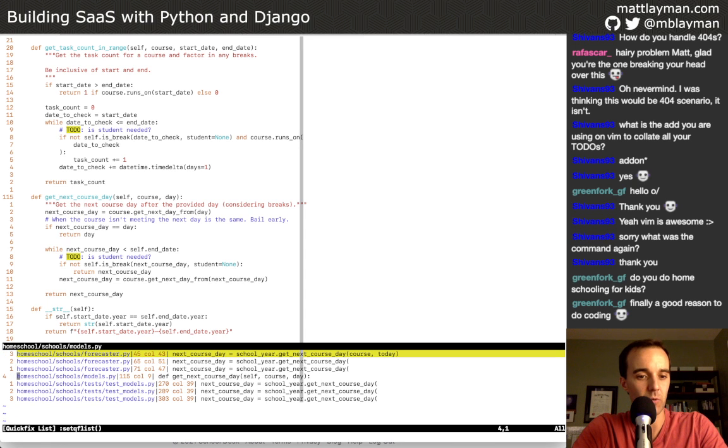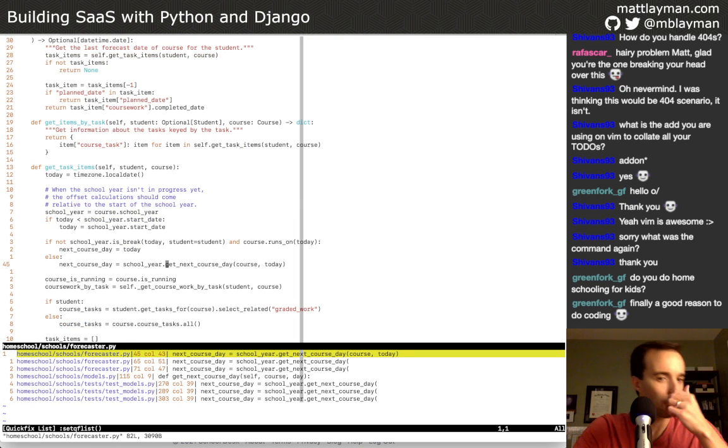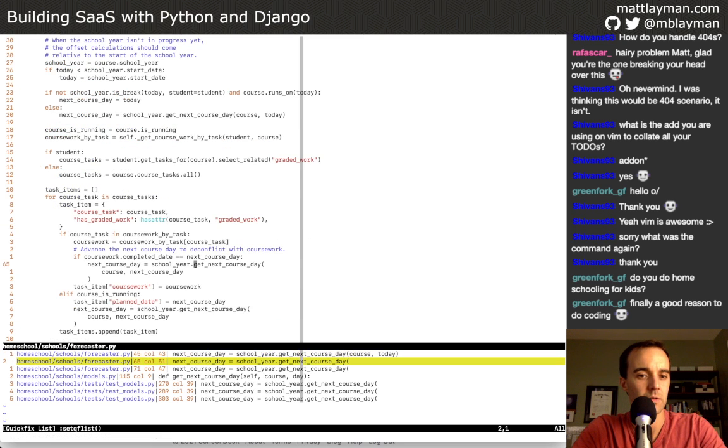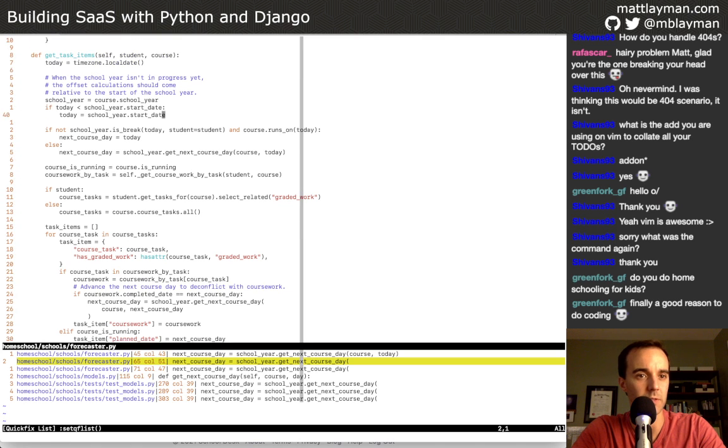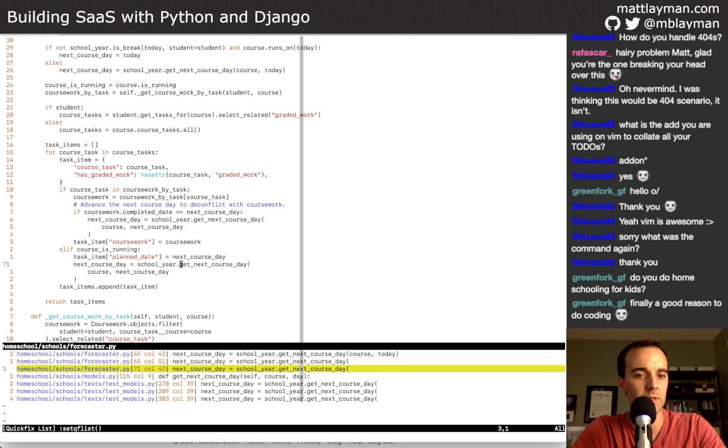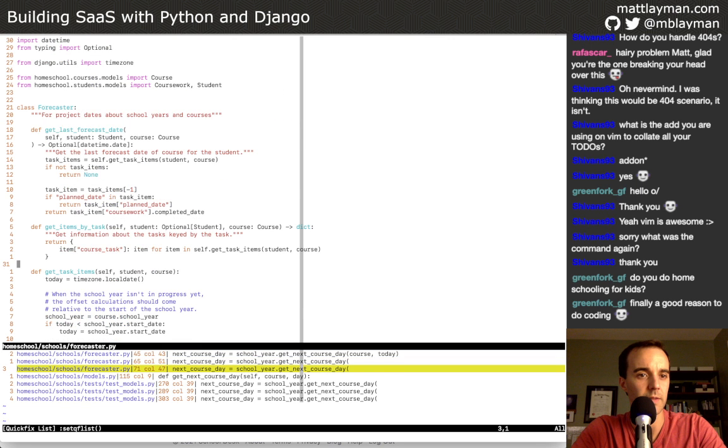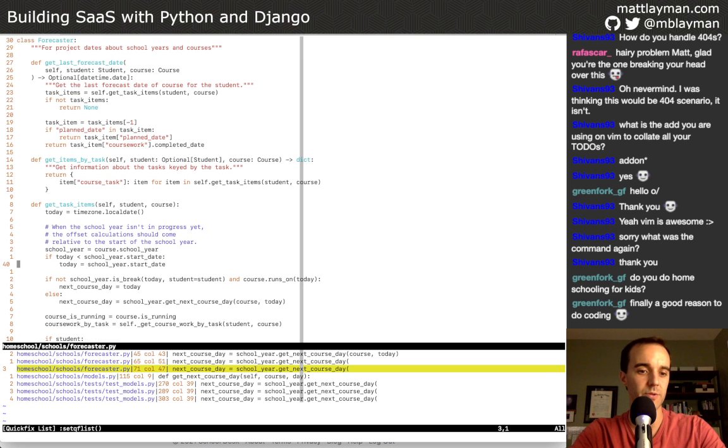It looks like it's used in the forecaster. So the definition is here, that's what we were just looking at, and it's used in the forecaster. The forecaster is what does all the scheduling logic. And then there's some tests. Okay, thankfully, this is good news. We already have a student available for this one. Is the student available here? With any luck, the student will just be available for all these and we can pass it through. Yep, student's available in the second one. And then it's all the same method. Okay, great. Student is available in all circumstances.